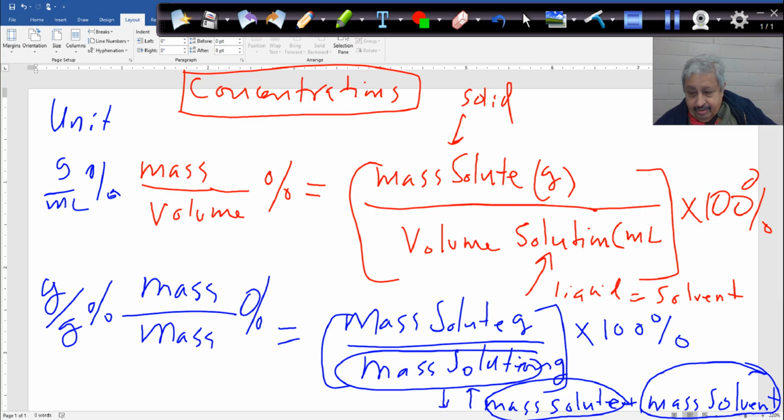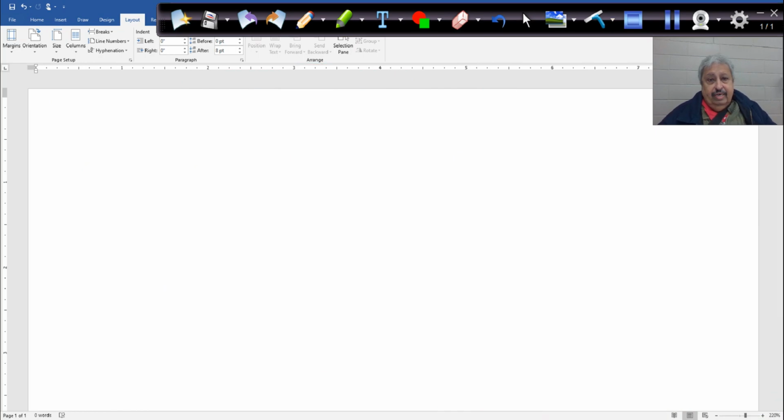Both of them. Mass of the solution. In the top here, volume of the solution is this volume of the what? Of the solvent, because the solute is what? Is solid. So, can I take this one out? Take it out? Okay, let's do